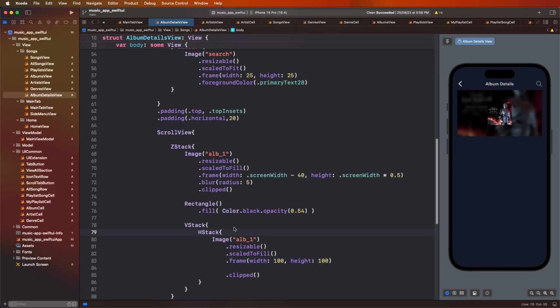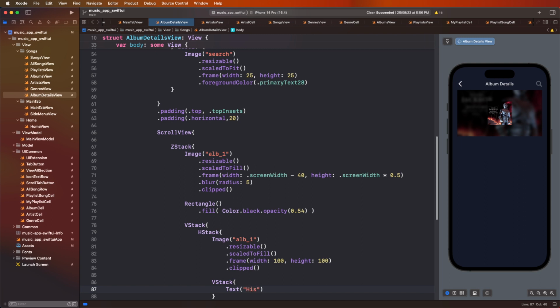And one thing we need to set here, and then after we need to create the VStack, create the text to develop here, and set this text,